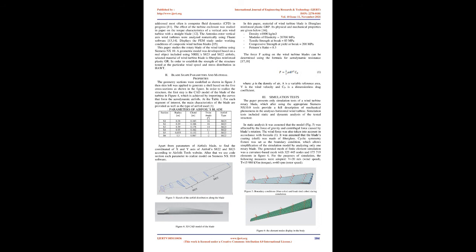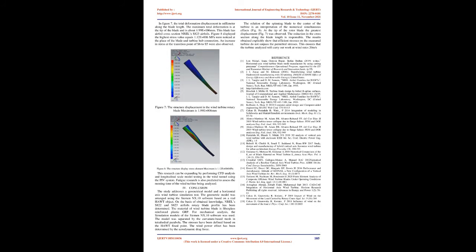The force F acting on the wind turbine blades can be determined using the formula for aerodynamic resistance, Formula 1, where ρ is the density of air, A is a variable reference area, V is the wind velocity and CD is a dimensionless drag coefficient. 3. Simulation tests. The paper presents only simulation tests of a wind turbine rotary blade,